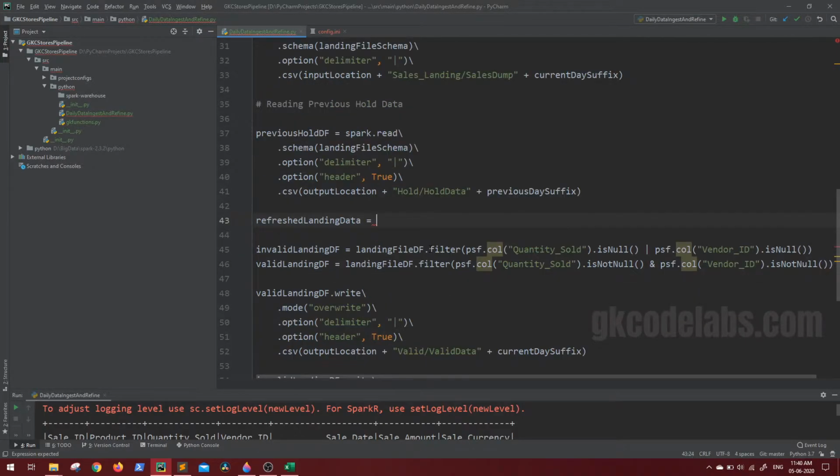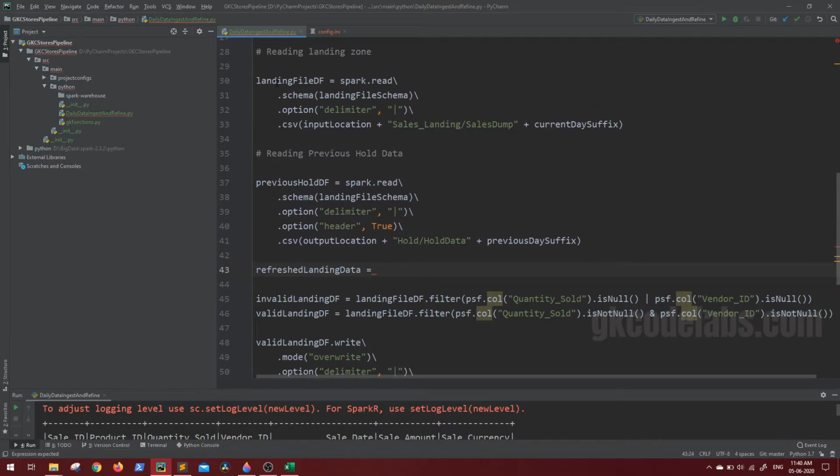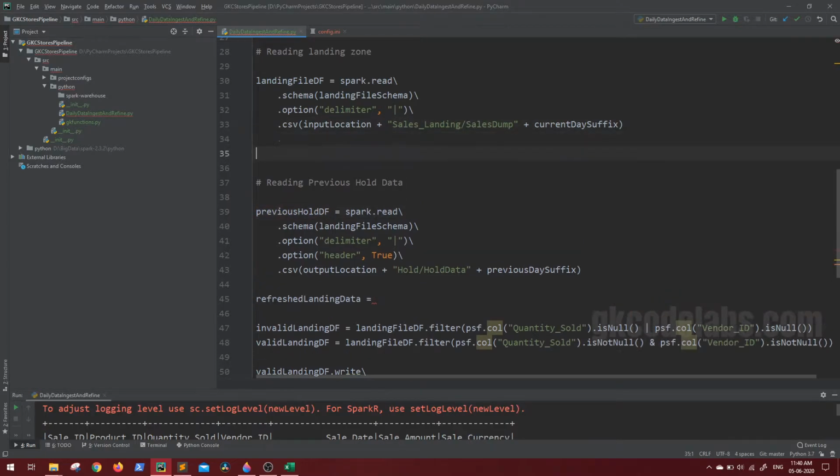So we have already seen a few usages of Spark APIs like filter. Now let us see how we use Spark SQL. So for Spark SQL, reading or joining any data, whatever data you are joining, should be registered as a table or a view. So right now we are going to join the landing file and previous hold file. So these data frames should be registered as a view. So landing file df dot